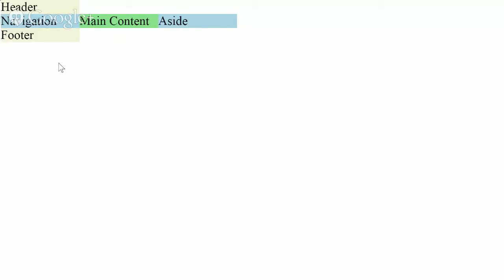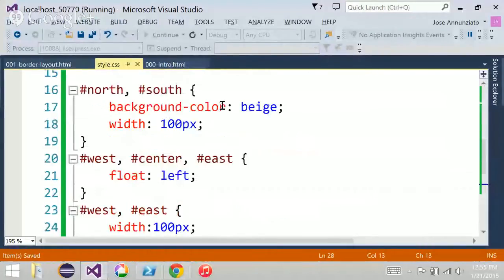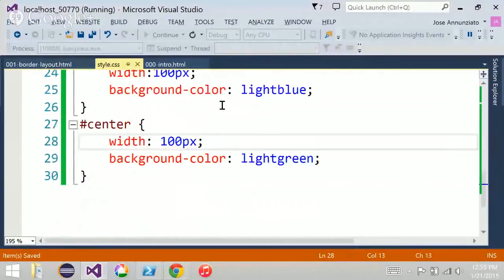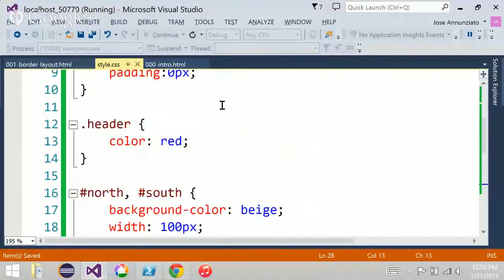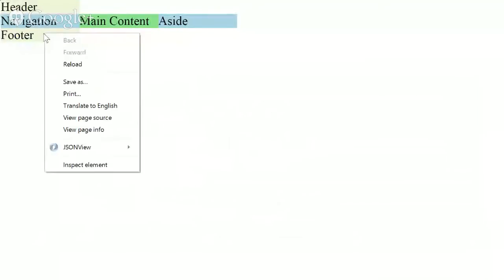I was going to expect the footer to come up here. For some reason it didn't. Why didn't the footer? West, center, and east. Nevertheless, I am going to force, just in case, I don't know why it's not doing it now,